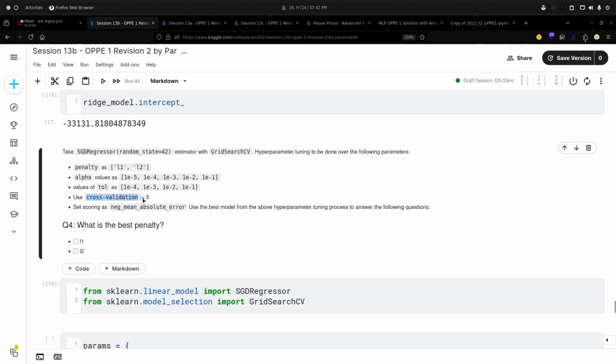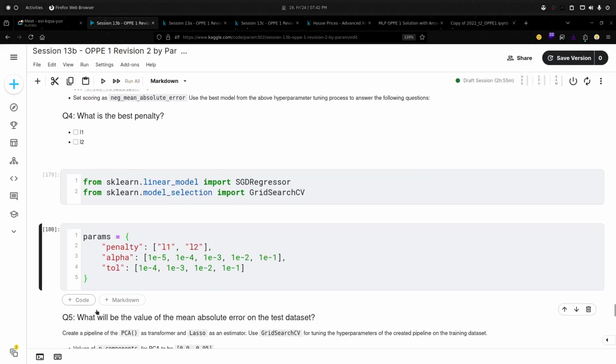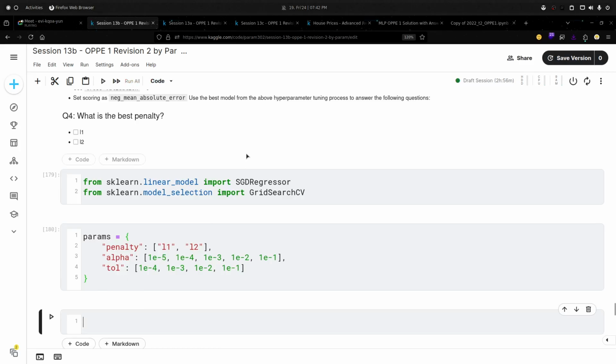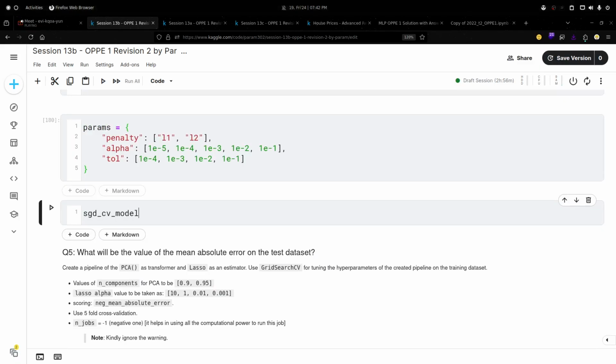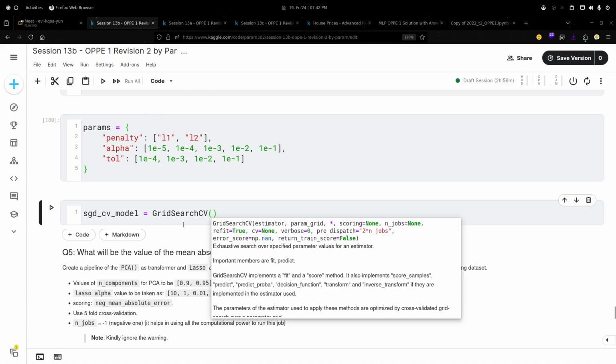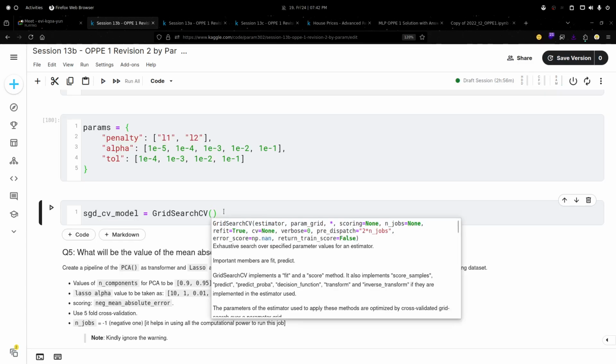The cross validation 5 and scoring are not hyperparameters. They are for the grid search CV, for the evaluation and to do the cross validation. So I will create the SGD CV model using grid search CV. How can I do the cross validation here?